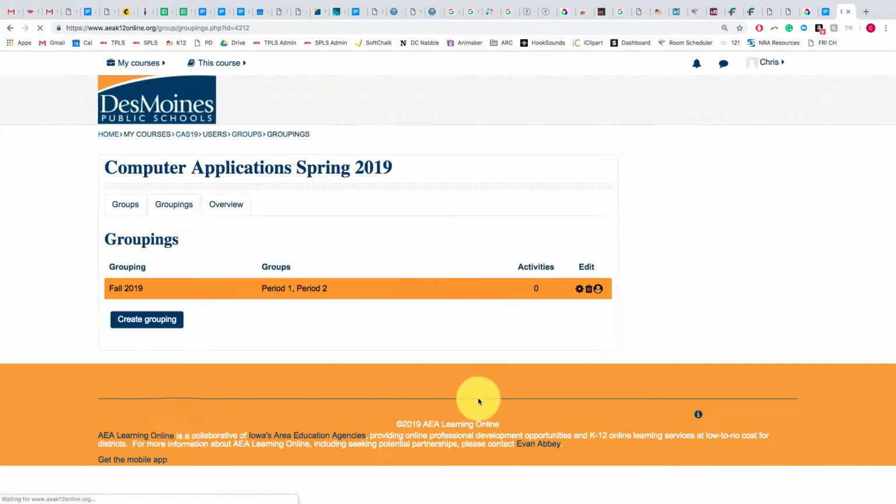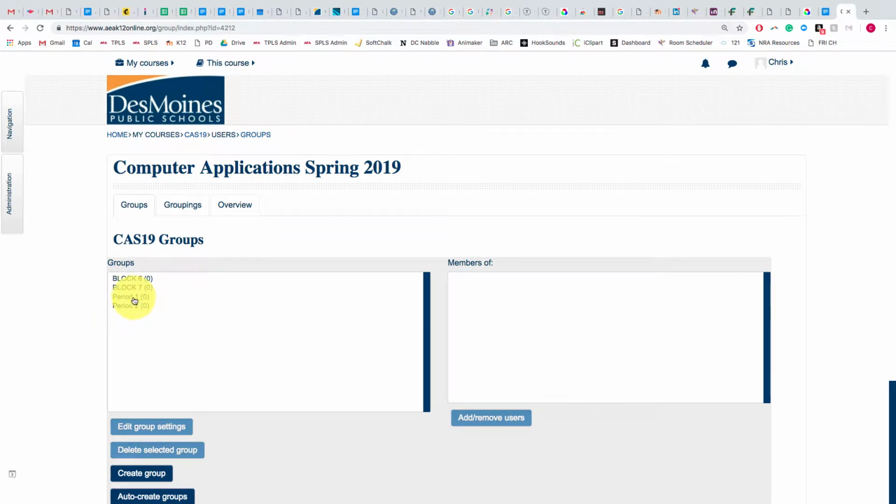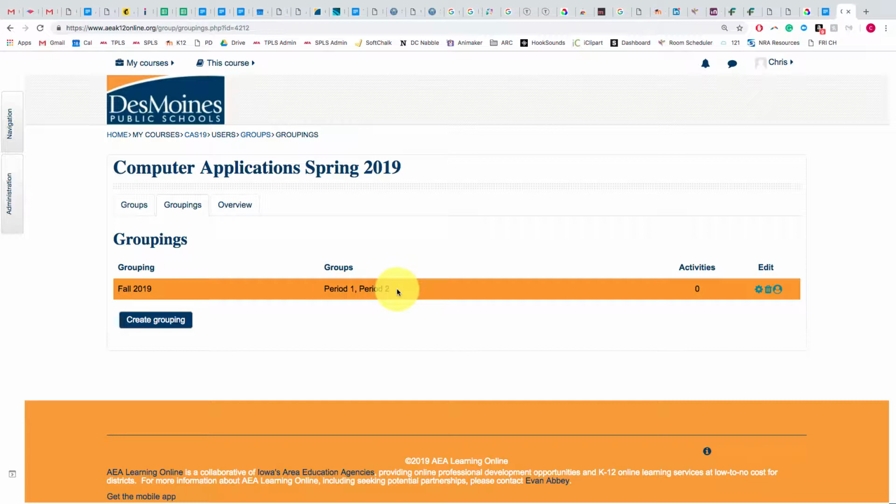Then I'll go back. Now what happens is I still have the group period 1 and 2, but I also have a grouping of period 1 and 2. So in my gradebook, instead of making new shells every semester, I can organize my gradebook and say only show me fall 2019 grouping. And there'll be a little button in the upper left of the